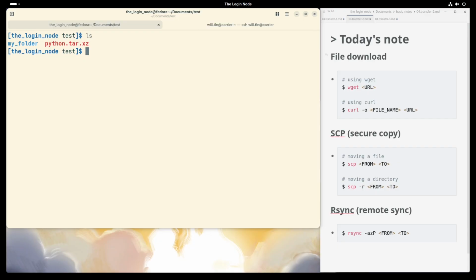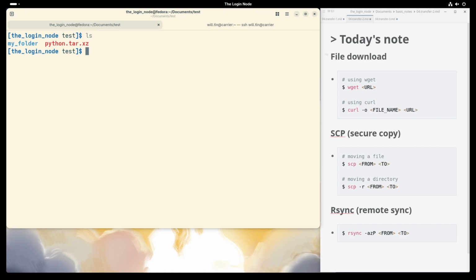Now, for files on your laptop, if it's a small file or your packed box, use scp. Think of scp as simply throwing a box. You can use scp, file name, username at cluster, colon, tilde, and slash.